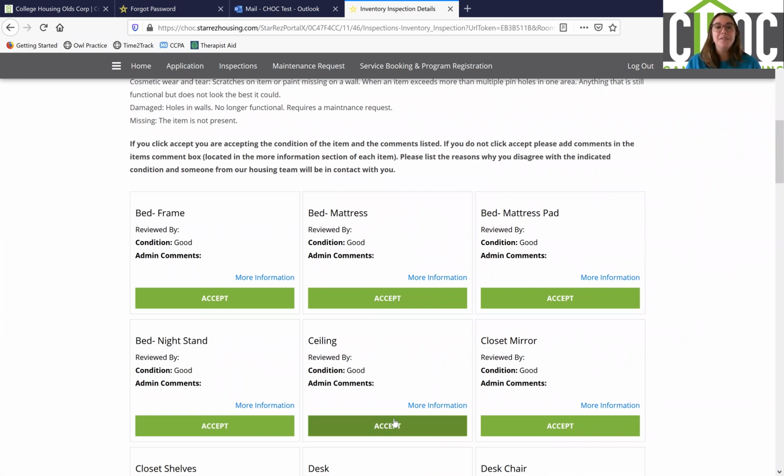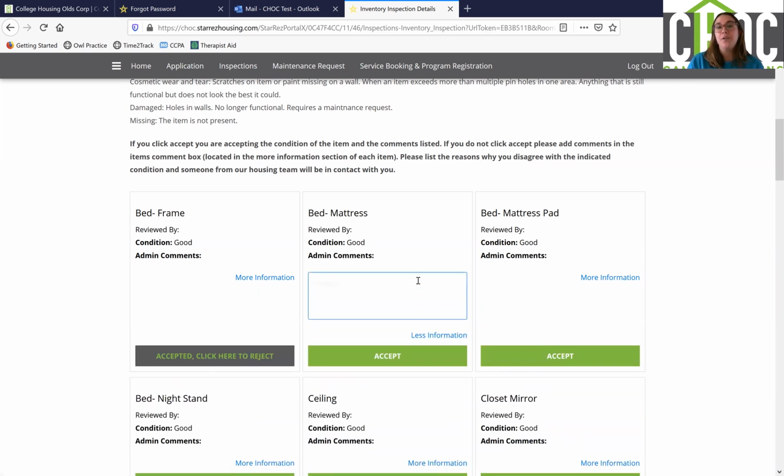And as long as the items on the screen and the condition, as well as the admin comments, match what is in your room and what you are currently seeing, then click on the Accept button. If it's not what you're seeing and you don't think that the condition is accurate, what you're going to want to do is instead of clicking on the Accept button, you're going to click on the More Information button. And you're going to type in your own comments, such as maybe there is a slight tearing on the mattress